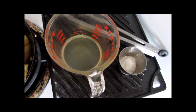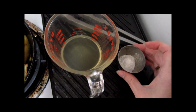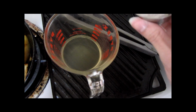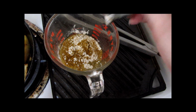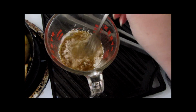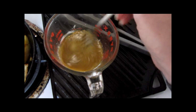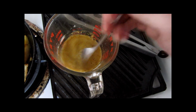We've moved over a little bit on the stove while the apple and raisins are cooking to do the broth. This is chicken broth, and this is a combination, can't really see it down there, but curry powder, and in this case I'm using tapioca starch, tapioca flour, same thing. The recipe calls for cornstarch, which is perfectly fine to use. I wanted to demonstrate that this can be used. This recipe can be used for people who can't use corn and corn derivatives. So we're just going to combine those ingredients, stir them together